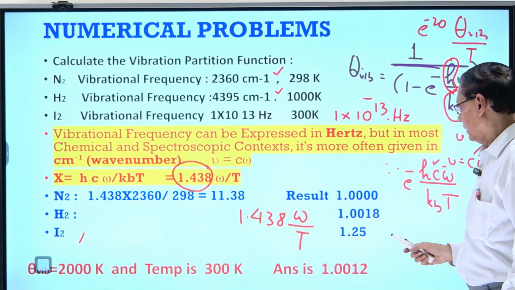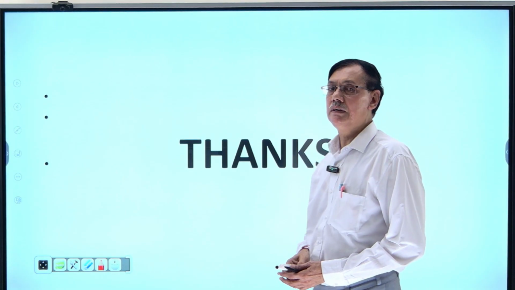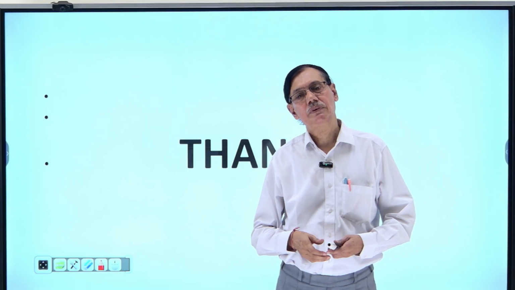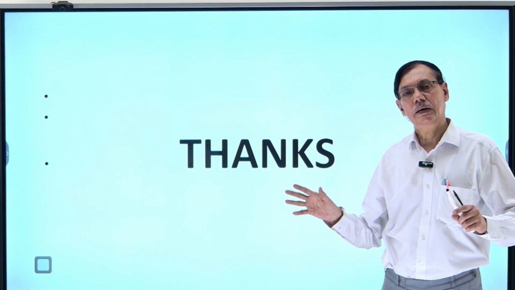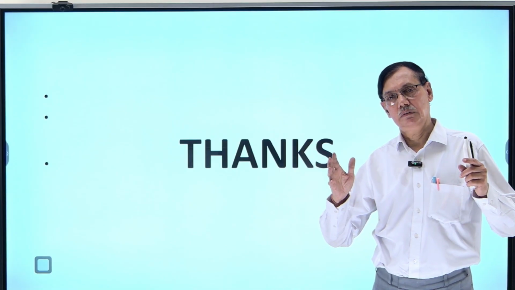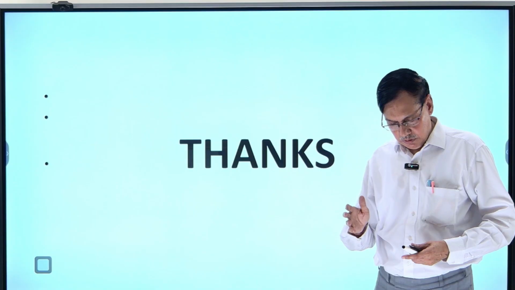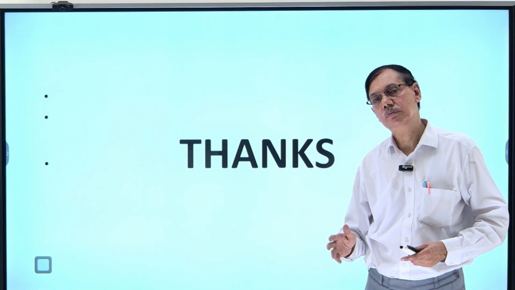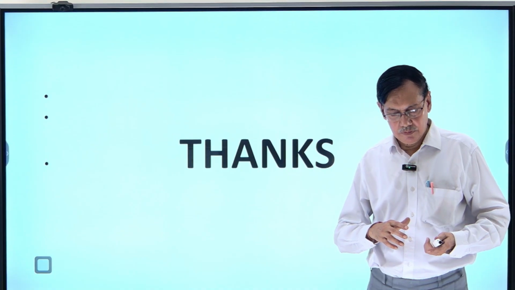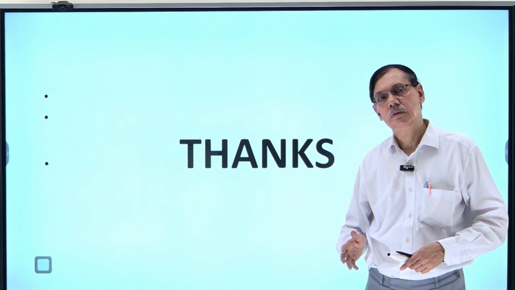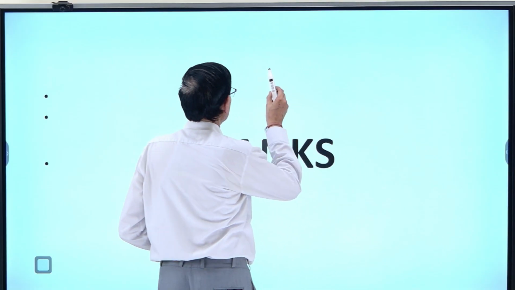Let me summarize, because it is a slightly big chapter and there are so many concepts here. So my summary is: don't get confused. Today I have derived three formulas particularly. One is for diatomic molecules using zero-point energy. Second, diatomic molecules without considering the zero-point energy. And third, as you know,